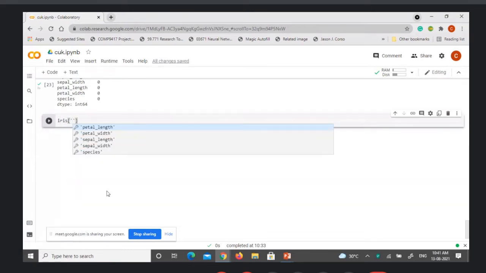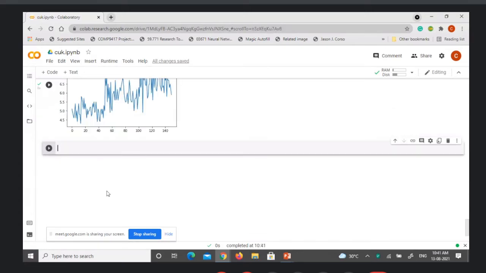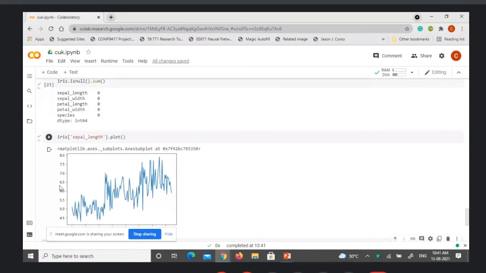Iris of sepal length, and say plot. When you simply say plot, let us see what happens. This is how you will get the values.